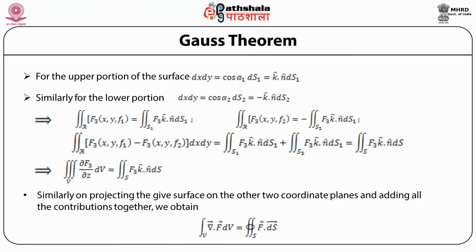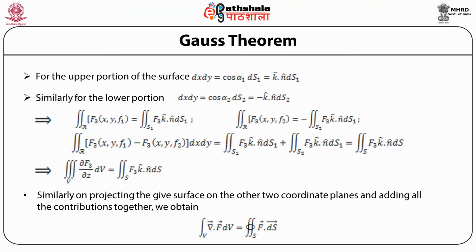This implies that the volume integral over V of del f3 by del z dv equals the surface integral over S of f3 k cap dot n cap ds. Similarly, on projecting the given surface on the other two coordinate planes and adding all the contributions together,